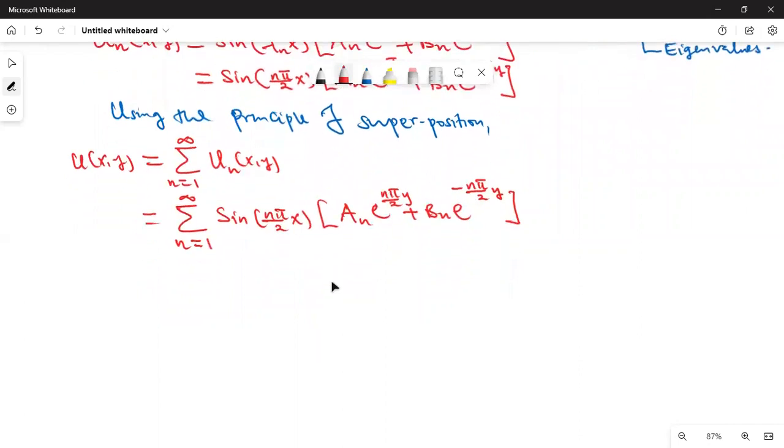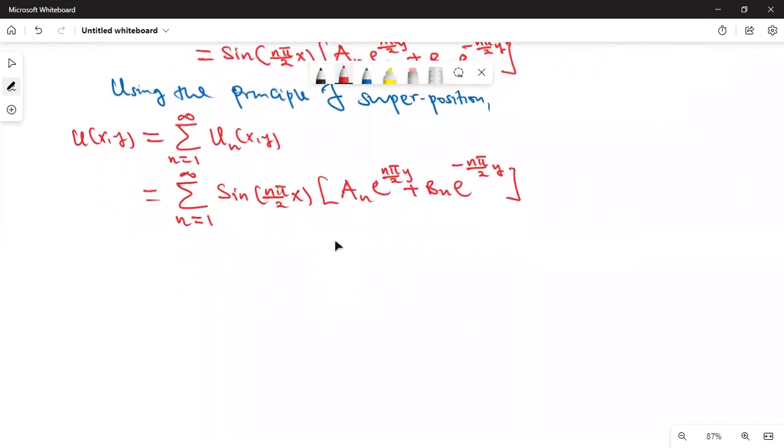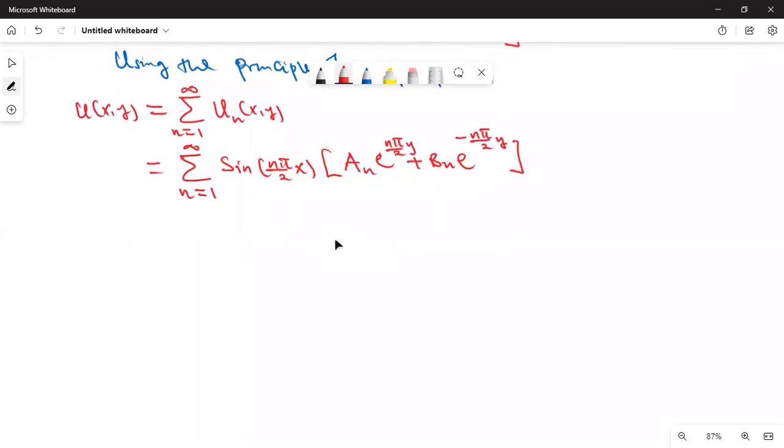Now, we still have two boundary conditions to apply. That is at y equals 0 and at y equals 2. Let's apply this. u of x when y is 0 should give us 0. We are now applying it here. Look at the one I have ticked. So that means I'm going to put y equals 0 and u equals 0. What are we going to get? So we're going to get 0 is equal to the sum from n equals 1 to infinity